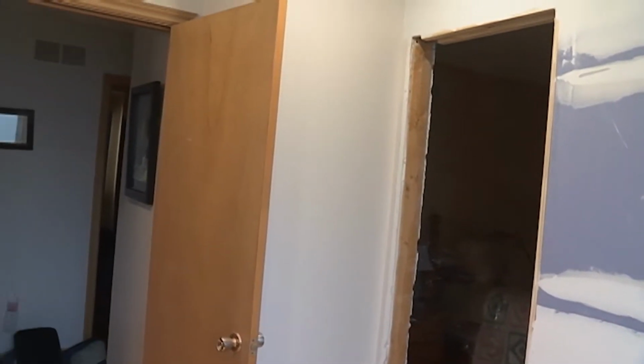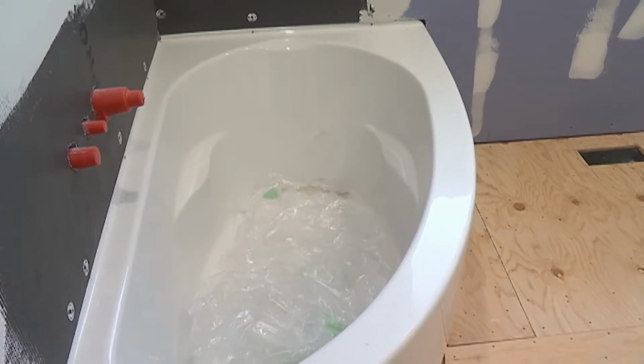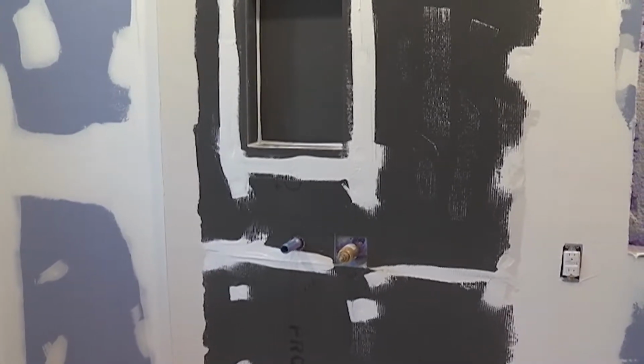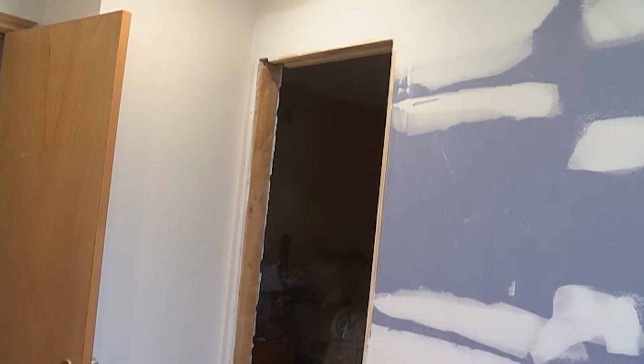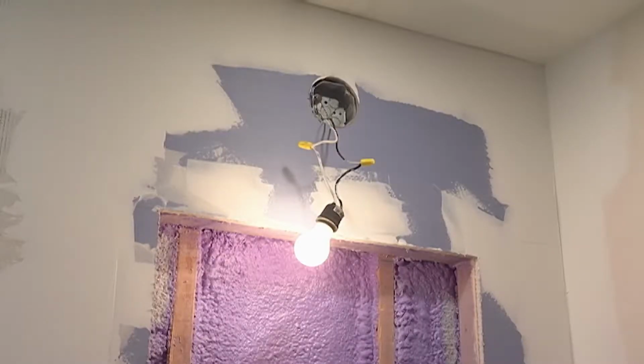There's also a pocket door going into the ensuite bathroom. So we have two doors, we have a tub, we have a shower, we have a vanity and a toilet in an area that most people would think would suit a tub shower, a vanity and a toilet. So what they did end up doing is they put a vanity in the corner here,